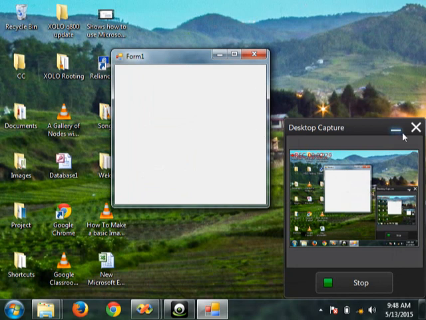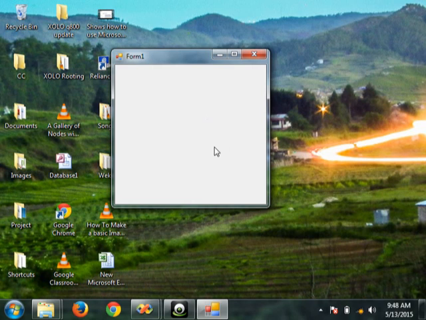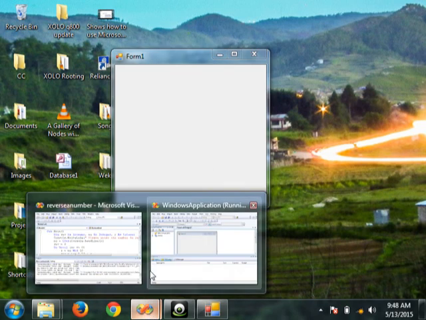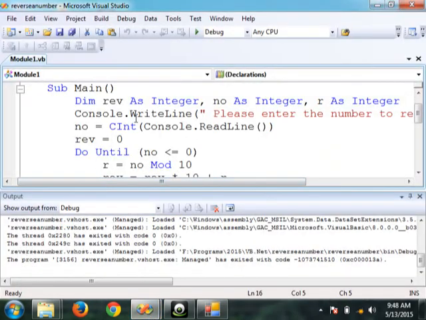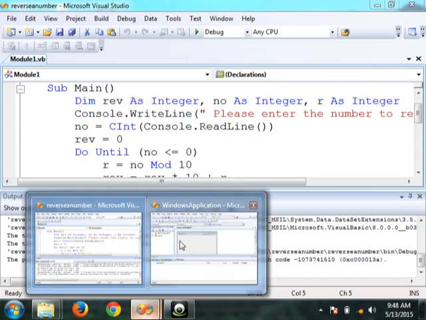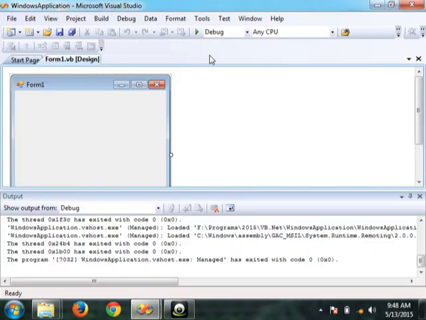Now in this case, can I enter any number? No, I cannot do anything. But my objective of this program is to create a program to reverse a number, isn't it? To reverse the number, unlike in the console application where we were asking something with Console.WriteLine and all, here Console.WriteLine is not going to work because we want a visual interface. So for that, let's come back to this, I'll stop this, and now we need certain controls.